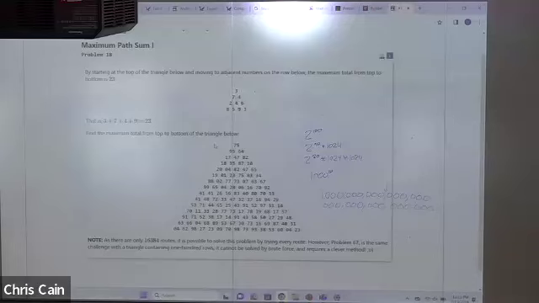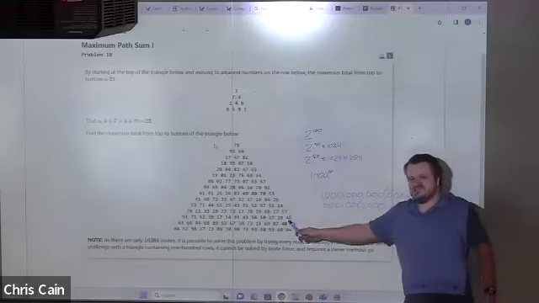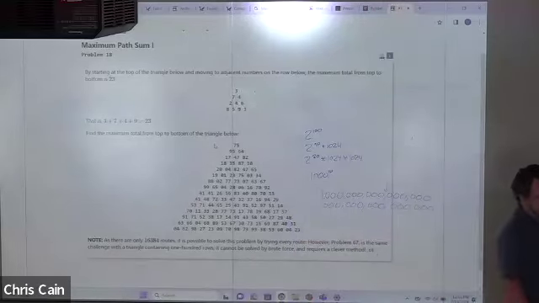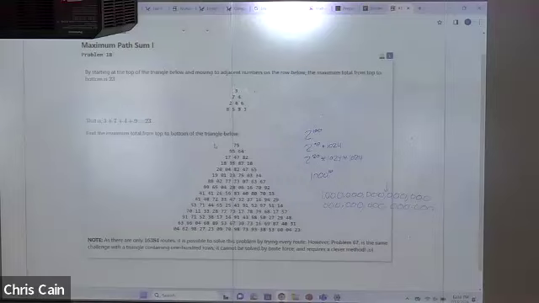Let's go back to where we were. How could we brute force this? Check every path and add it up. So how are we storing it? Are we assuming that we're storing this in a 2D array? Are we assuming that we're storing this in a tree structure? All right, so